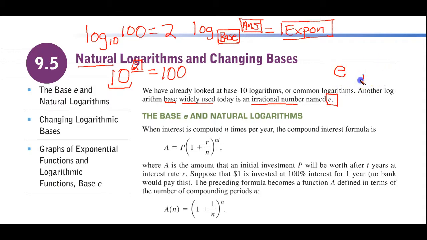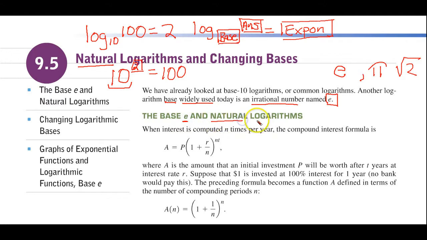Well, remember we had pi was irrational, and the square root of 2 was irrational, and that simply means that when we convert it to a decimal form, it doesn't have a repeating pattern or doesn't terminate. That's from chapter 1 stuff. Okay, so let's take a look at the base e